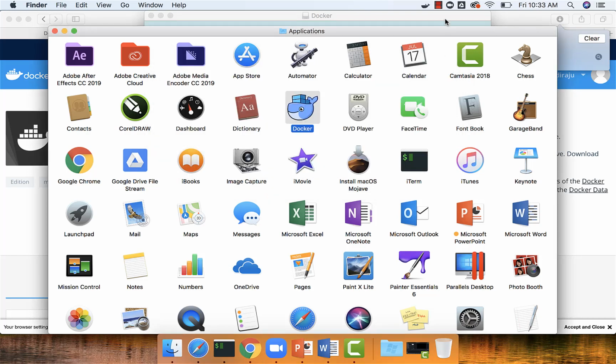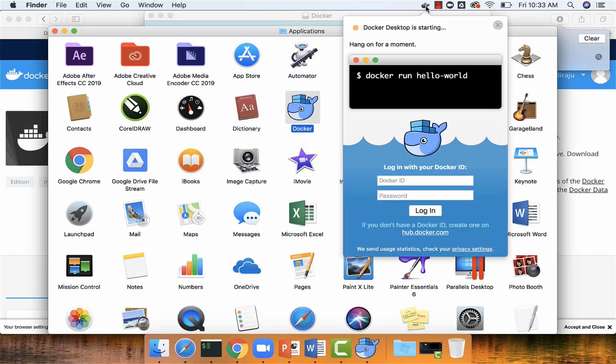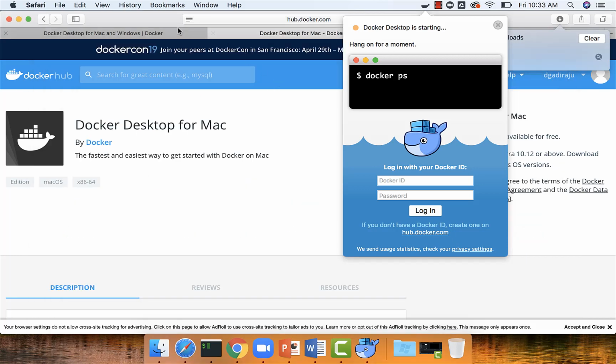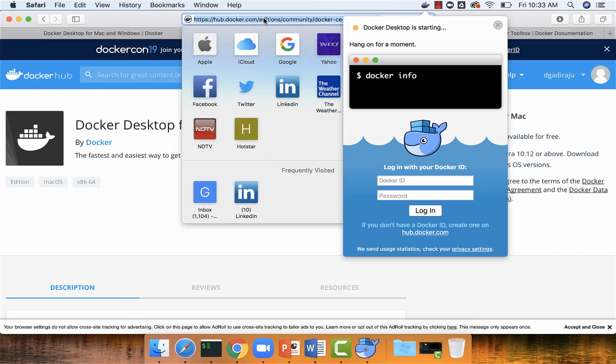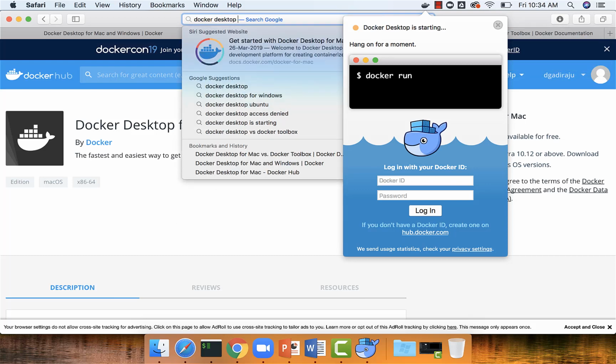Once that is entered, you should be able to get into Docker Desktop for Mac as it is started. So still it is starting. You can see here Docker Desktop is starting. Hang on for a moment. Once that is done, we should be able to go to command prompt and run some commands to validate that everything is fine. While it is coming up, I can go to the Docker official documentation, Docker Desktop,